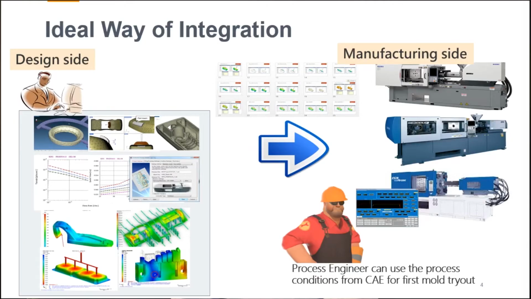Now, in real life, when we have the part design and the tool design, we'll finish the tool and then go to the production side. On the manufacturing side, we'll do several trial shots and trial and error. Maybe based on trial and error, maybe we'll have a certain standard of DOE process to optimize our injection molding